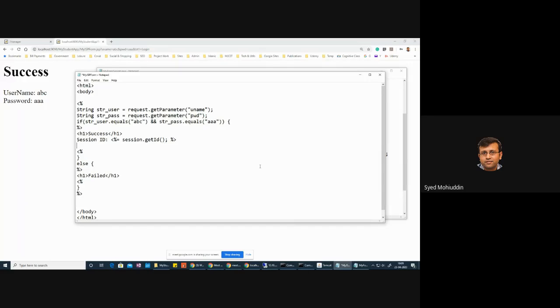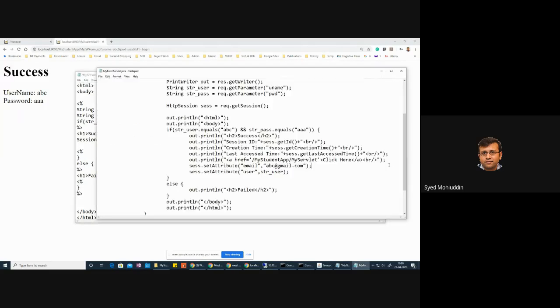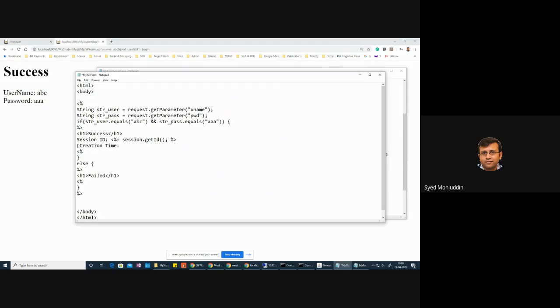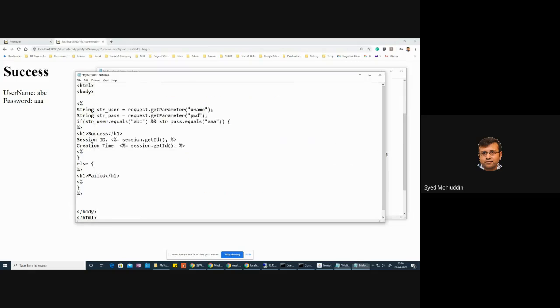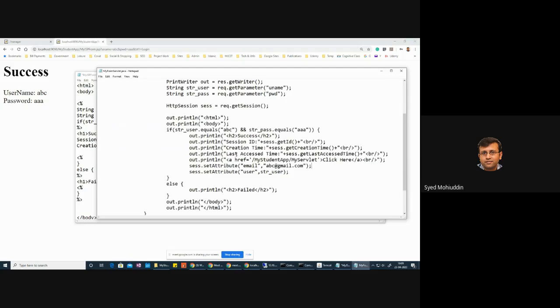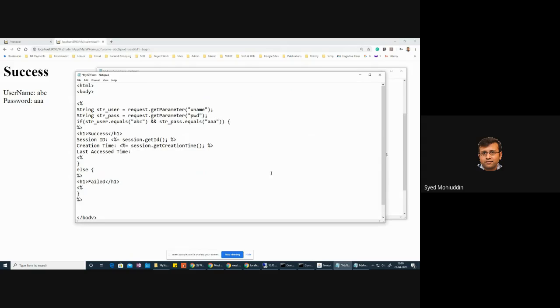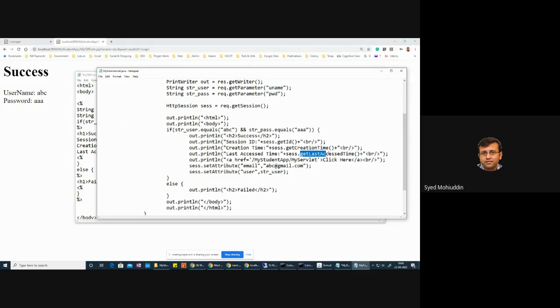Now, what was the next thing? Next thing was creation time. So here creation time, we will use the same expression tag, but the method for the creation time is getCreationTime. So here we will have getCreationTime, and then what was this last access time? You'll have last access time. It was with session